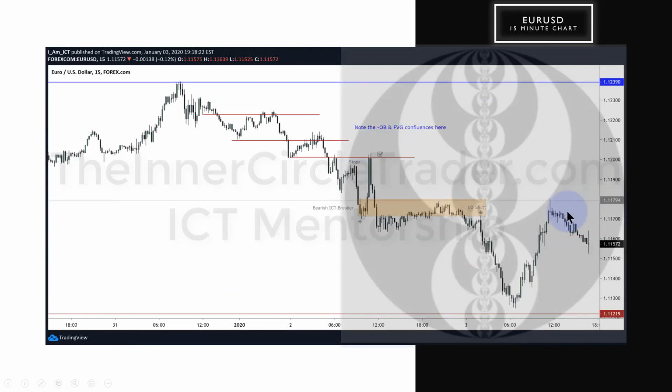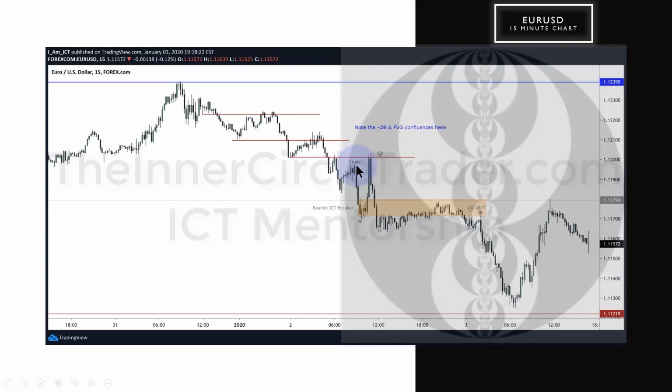And then the closer look on the 15-minute time frame for Eurodollar. These are all the fair value gaps and bearish order block confluences. Rebalance back into here. And then this is the one I want to talk about. That's the only thing besides that and this that's noteworthy on the 15-minute time frame is we had a relative